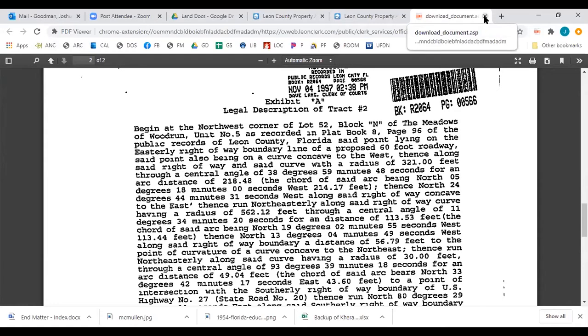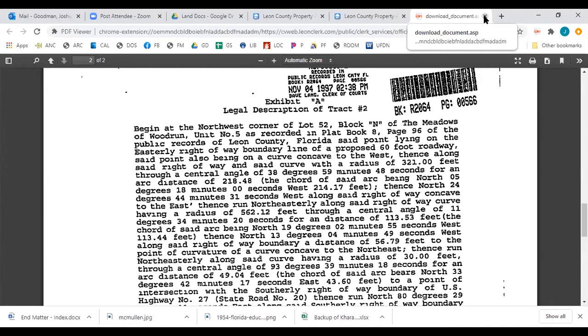But that's okay. We're still going to be able to find a good bit out about this. So let's see. What the heck were we doing? We're trying to figure out who had property here before now. Okay? So there's a couple of different tools you can use to do this.